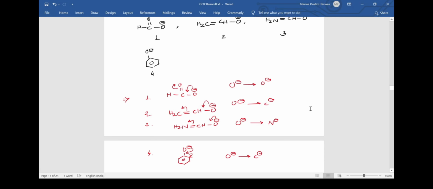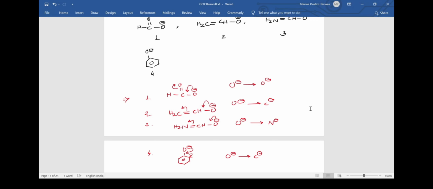So we need to understand how we compare stability. I have given you that chart of 5 stability conditions, and in the order of first, second, third, fourth, fifth, you have to compare. So in the first one, you have to compare that resonating species are more stable than non-resonating species. Here we can see that in none of these structures is the negative charge on the oxygen atom being accumulated on the oxygen, it is getting dispersed. So resonance is taking place in all the 4 options. So we cannot judge by the first option.